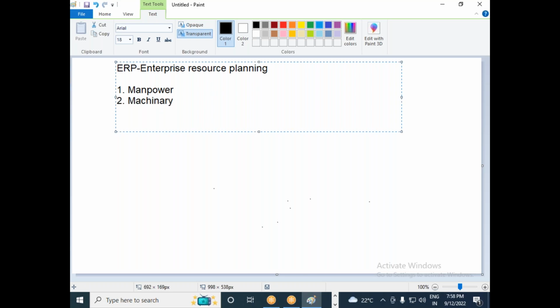Apart from the two parameters, we have money, right? Money is one of the major parameters. If I am spending money in my organization, I need to foresee in a proper direction that the investment should go. So these are the three parameters which will be considered in enterprise resource planning. If you are able to use these three parameters with 100% efficiency or over and above 100% efficiency, you will be able to get the profits properly at the end of the financial year.